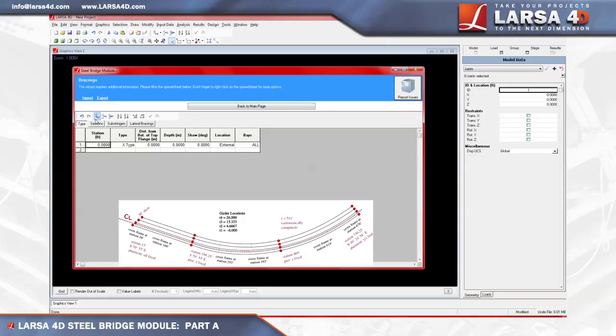We'll add our first row into the spreadsheet and change the station column to 24 feet, the distance from the bottom of the top flange to 10 inches, and the depth to 73 inches. Now add 8 more rows to the spreadsheet